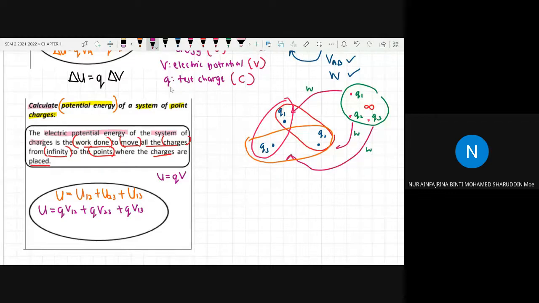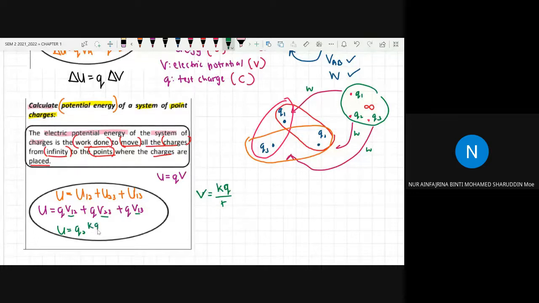Okay, now Miss nak tanya, apakah formula untuk electric potential? V equals to? Anyone? Yesterday kita belajar V equals to? KQ over R. Very good, Fatih Adriana. Thank you so much. KQ over R. So, V akan sama dengan KQ over R. So, sekarang Miss akan buka Miss punya electric potential. Miss akan buka ni kepada KQ over R. So, Miss akan dapat U equals to